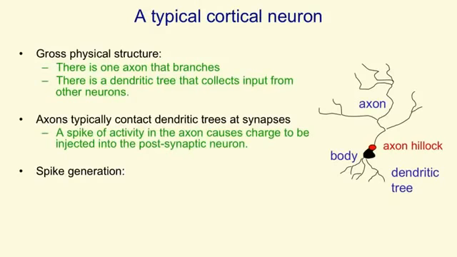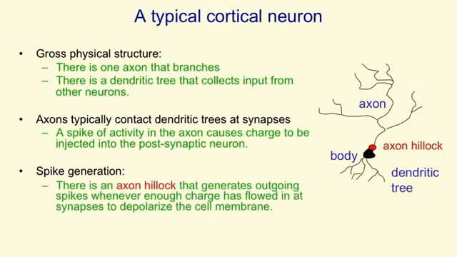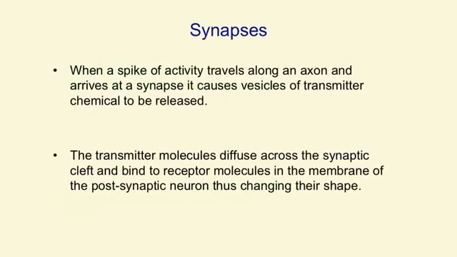A neuron generates spikes when it's received enough charge in its dendritic tree to depolarize a part of the cell body called the axon hillock. And when that gets depolarized, the neuron sends a spike out along its axon. And the spike's just a wave of depolarization that travels along the axon. Synapses themselves